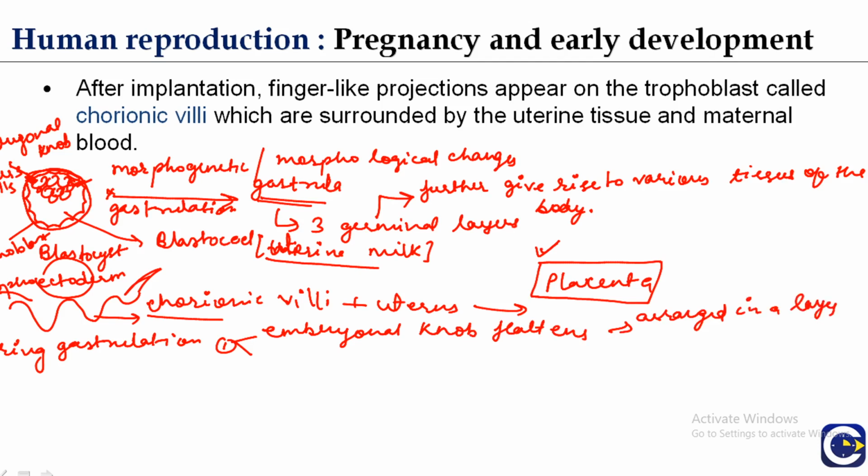You can see here it is present as an irregular mass of cells. Now this is the embryonal knob. It flattens and is arranged in a layer during the further gastrulation process as it proceeds. And the second change is that these Rauber cells